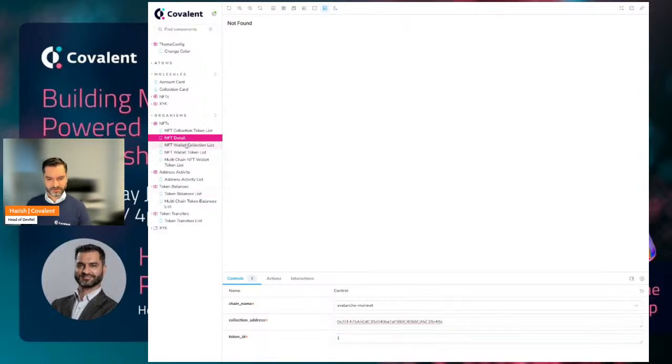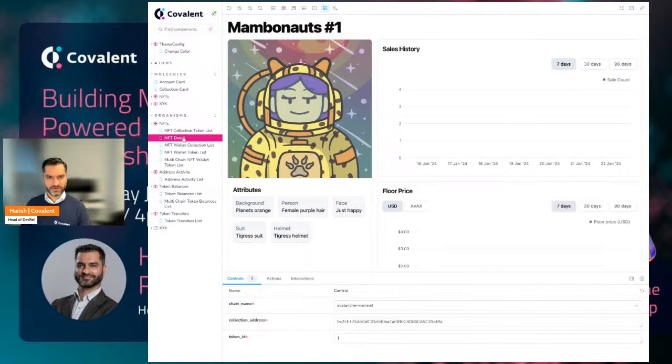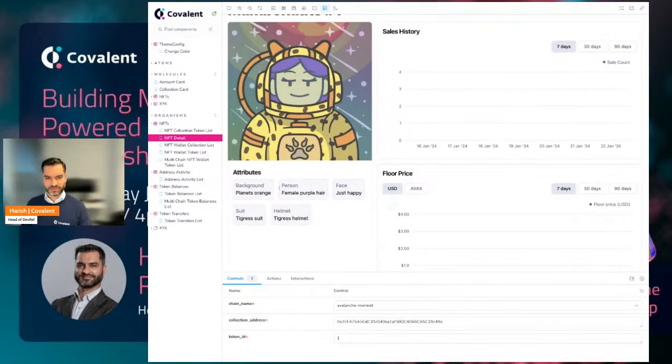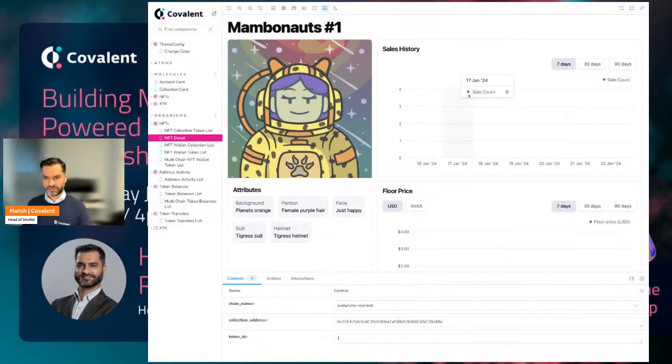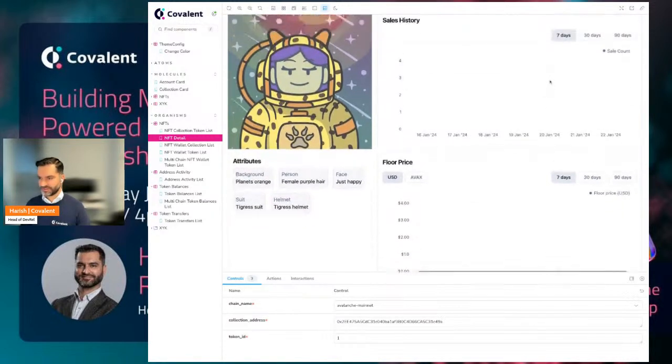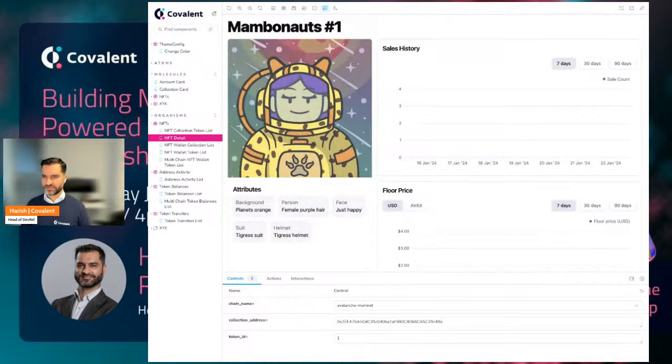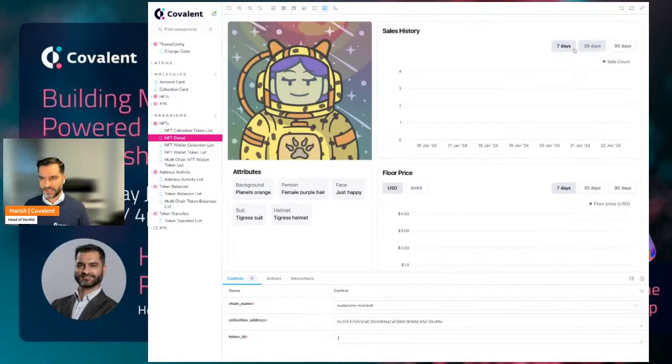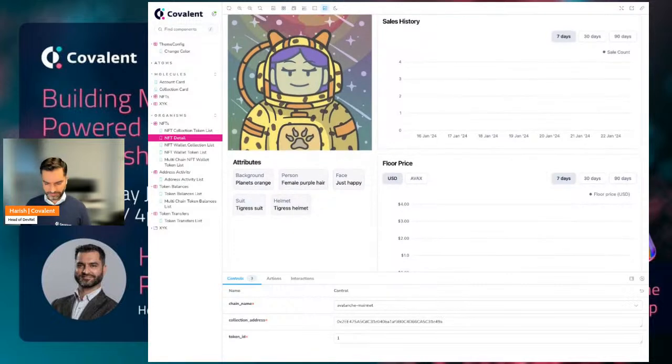And let's see here, just put in the token ID. All right, there's our Mambo nuts. So we've got some of the attributes. I don't believe there's any sales history associated with this one, but if there was, you would see that here broken out. Again, this is all just templated, so you can literally copy and paste this directly into your application, adjust this if you like, but this would be live data coming from our